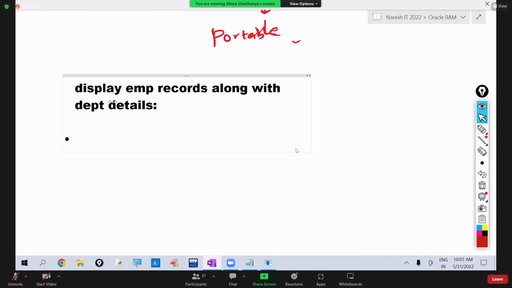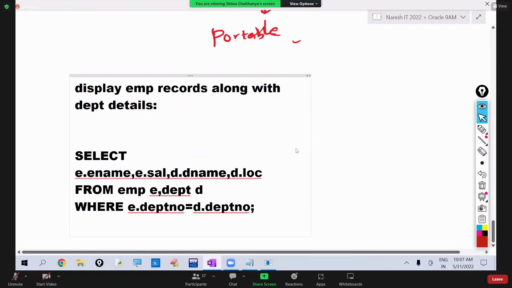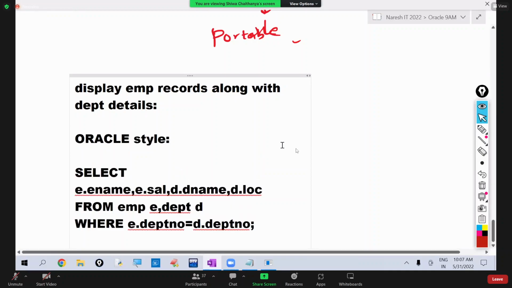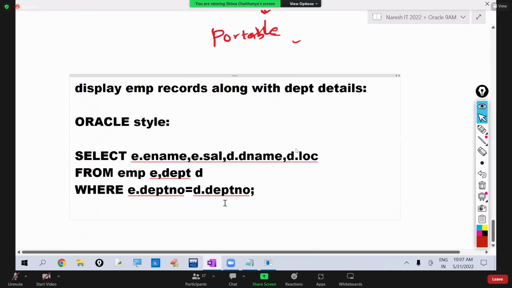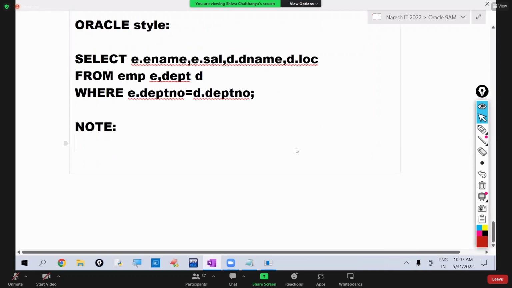For this, just now we have written this query. Which style is this? Oracle style. In Oracle style we have written. Now the same query I want to write in ANSI style. So to write in ANSI style, we have to remember these two points. If you remember these two points, easily you can write in ANSI style. So first one is